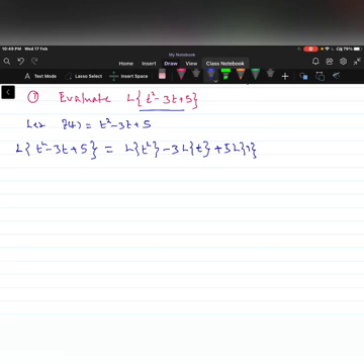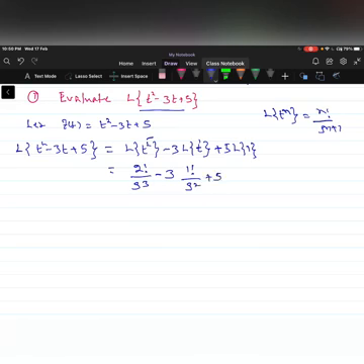So you know the Laplace transformation of some standard functions. Laplace of t power n, when n is a positive integer, is n factorial by s to the power of n plus 1. Here n is 2. So therefore Laplace of t square can be written as 2 factorial by s cube, minus 3 into, here t power 1 where n is 1, so 1 factorial by s square, plus 5 into Laplace of 1, that is